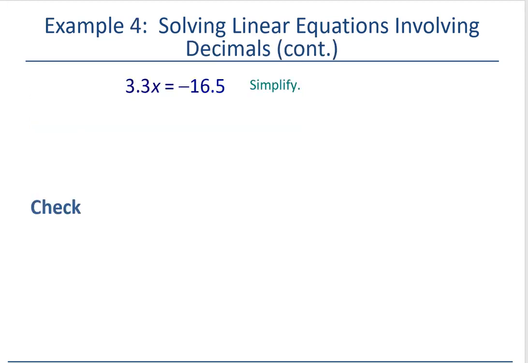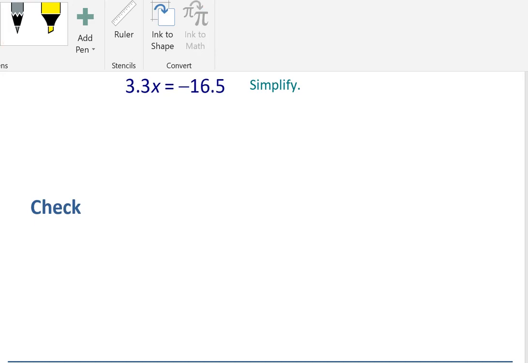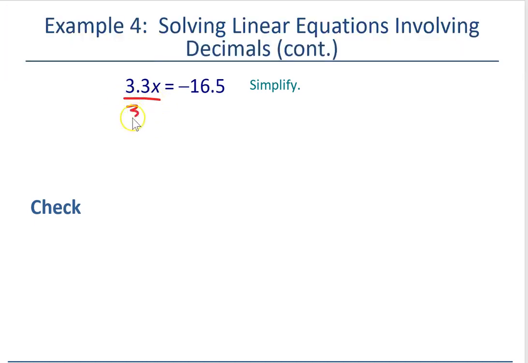All right, let's look at this one. A lot simpler on this one. Notice we've just got multiplication happening, so we can just go straight to the division. Okay, divide off the 3.3 off both sides. And yes, you could have said, I'm going to multiply everything by 10 to get rid of the decimal. But on this one, you can just jump straight to your calculator. So you've got negative 16.5 divided by 3.3. And that's going to give me a 5. Okay, so it's going to say x equals 5,